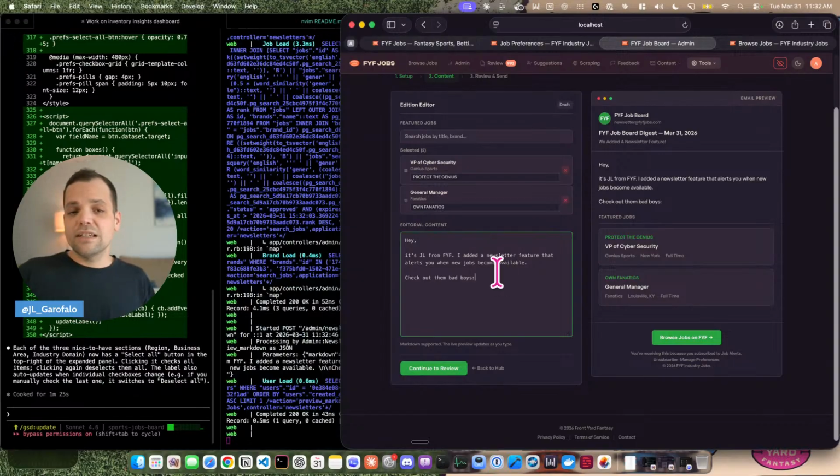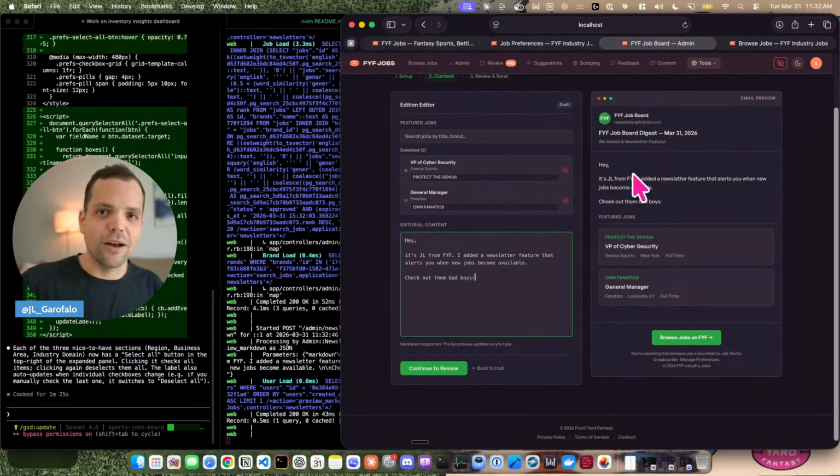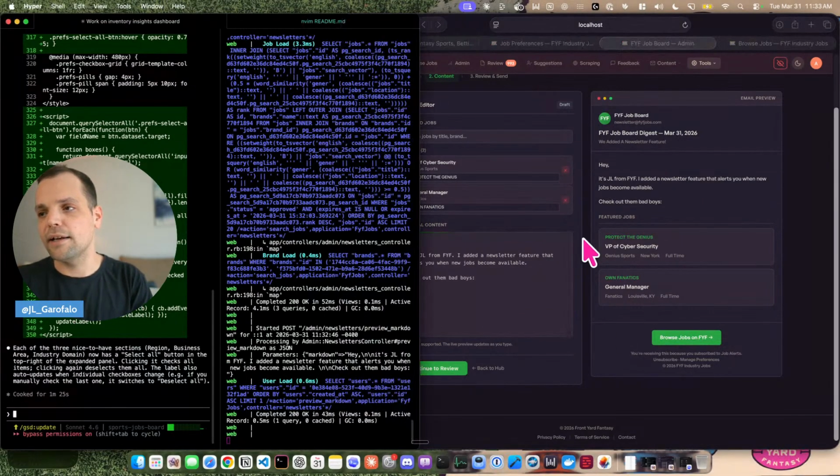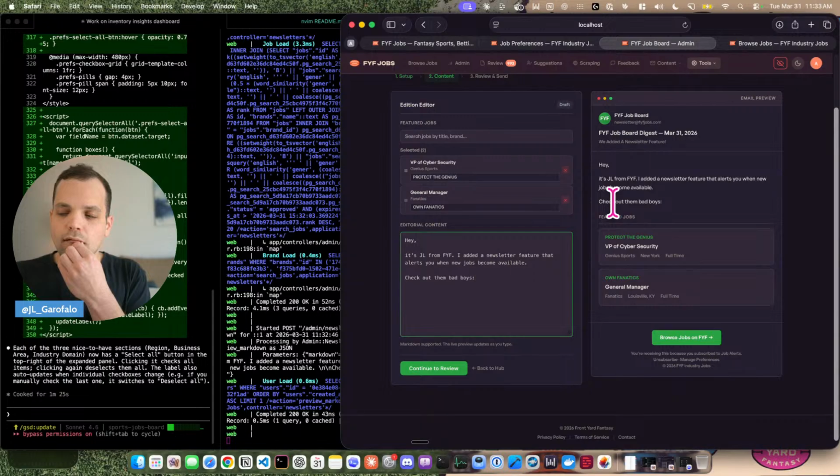All right, so this is kind of the baseline feature that we're adding here, right? It's just a general weekly one with a list of jobs that I'm going to curate. I'm going to pick, and that will remind the user that the job board exists. If they're looking for something, hey, here's a list of the coolest jobs that we found. Here's a little ditty about them, and then we'll add in the personalized section. So let's go ahead and add in. Let's see, this works already, right? So we got the general part down.